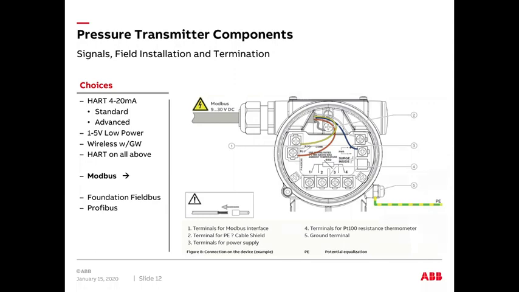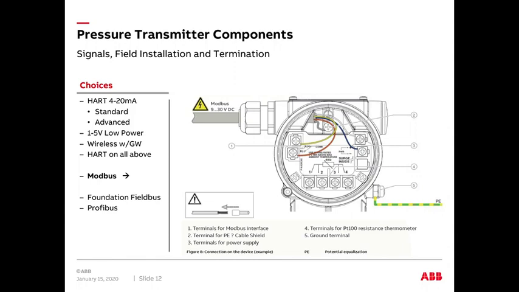There's wireless that you will use with a gateway. We're starting to do more and more business these days in wireless. Or let's say there's an older application, site, or system that's already in place and you need to add some pressure transmitters to meet a certification, to replace something, or enhance your system. There's a good option there. You can just use wireless so you don't go back through the wiring, or if you're out in a field, you're not going back through the trenching. And all of the above have the HART